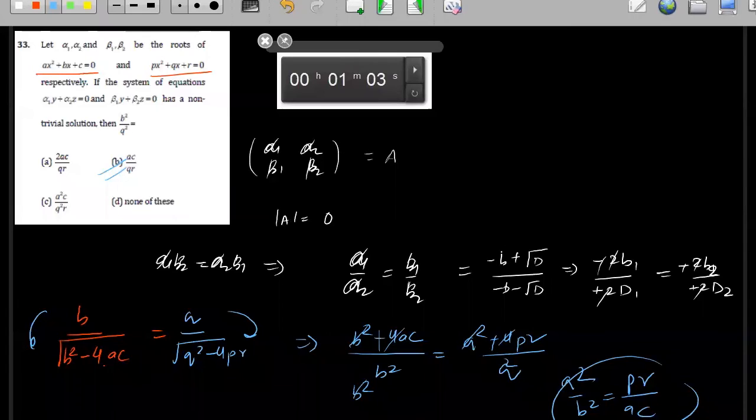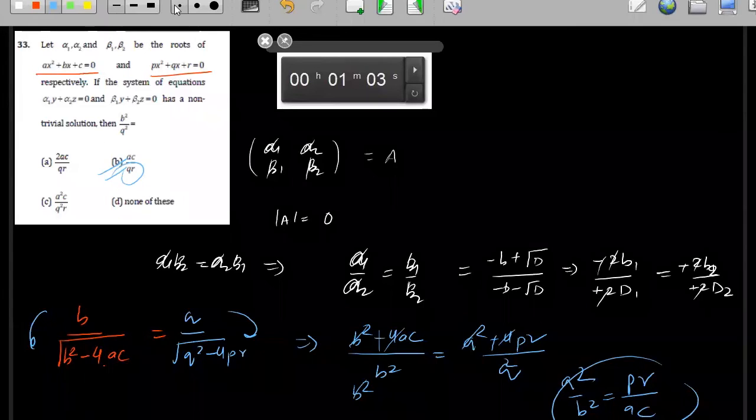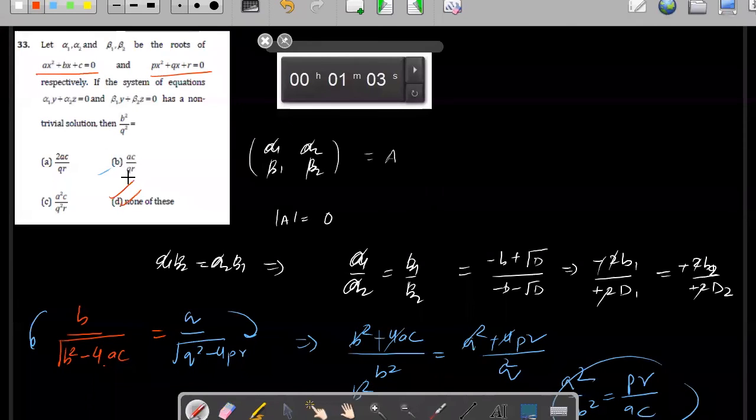Okay, Kevin. See, if I'm taking componendo dividendo. Oh, they have given QR. We are getting PR. Okay, so then it is. I think we are getting PR. Just check what they have given. Okay, fine.